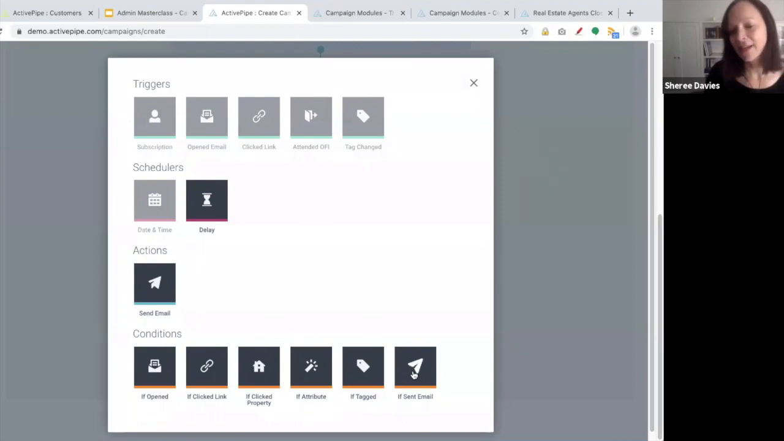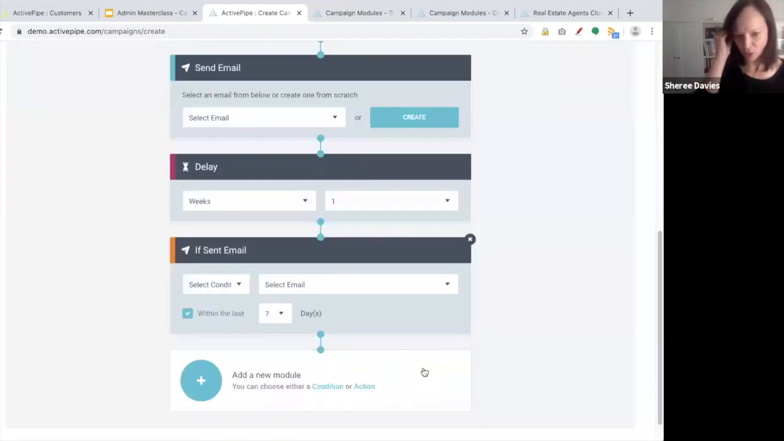And lastly, if sent email. Now this is a good one if you would like to send out perhaps based on a trigger. So someone's become a buyer, they've had a buyer tag added, so you've triggered that email based on that tag, and then they've later had that tag removed. If they were to then have that tag re-added, you might want to send them an email or you might not. So if you've already sent them an email,